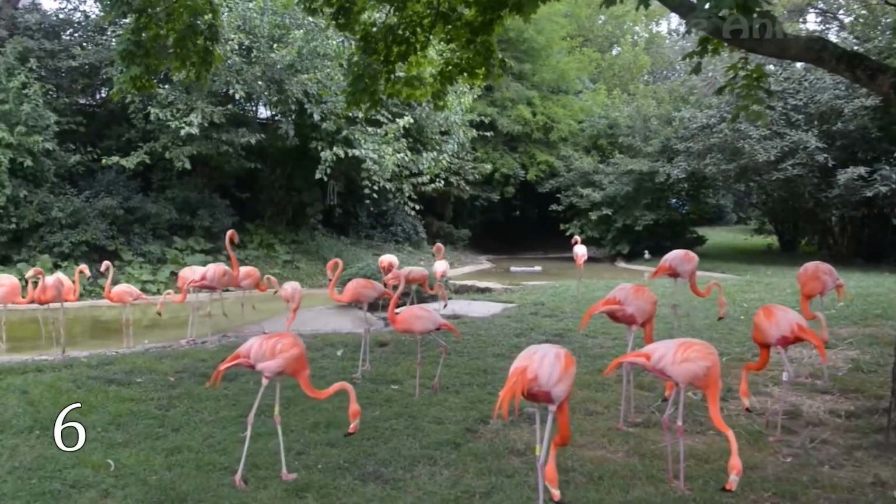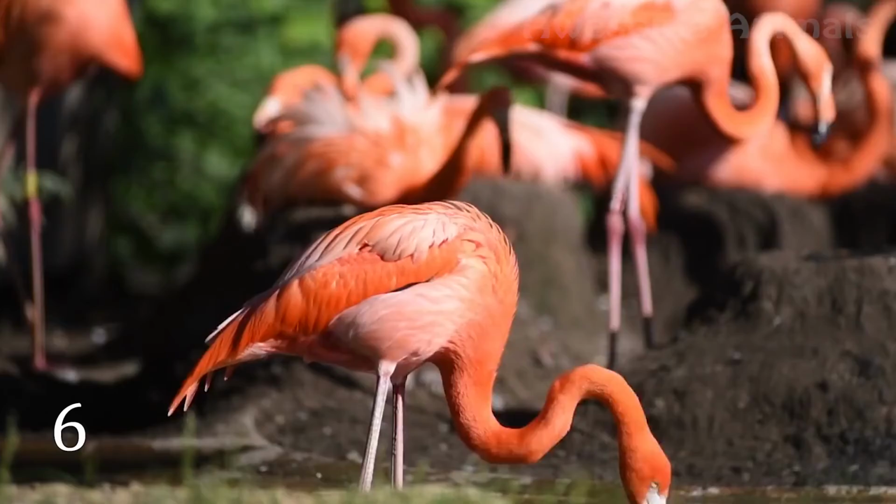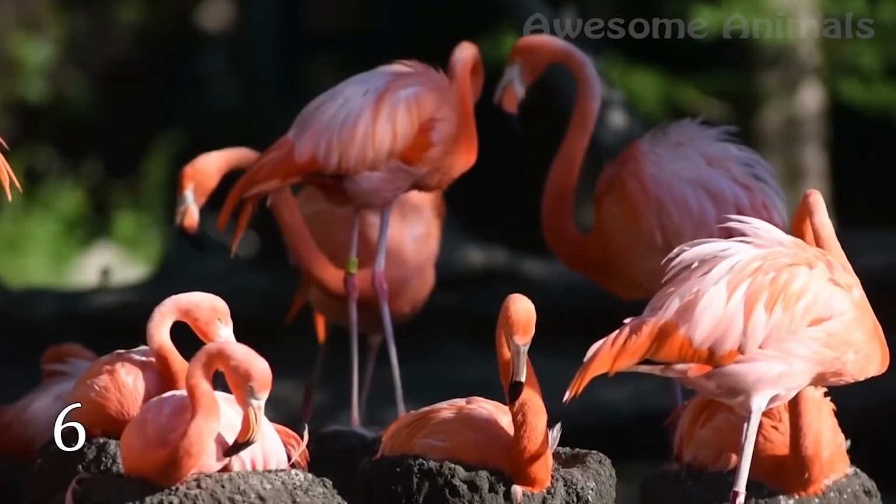The reason why flamingo chicks don't have such bright color is their food. The adult birds acquire their astonishing color by consuming different nutrients. The same reason is for changing the